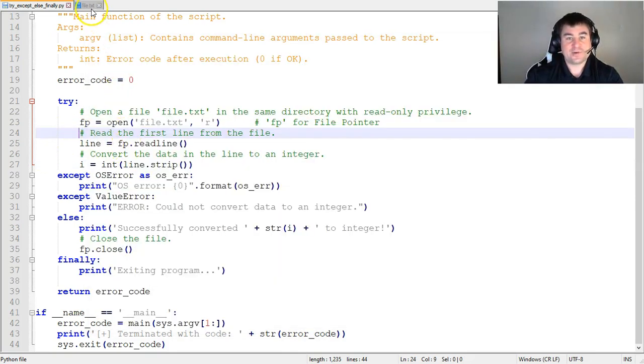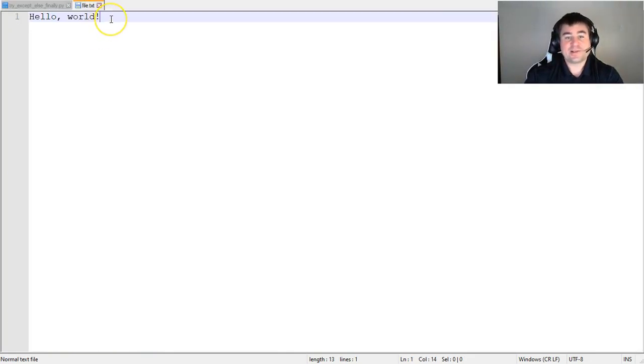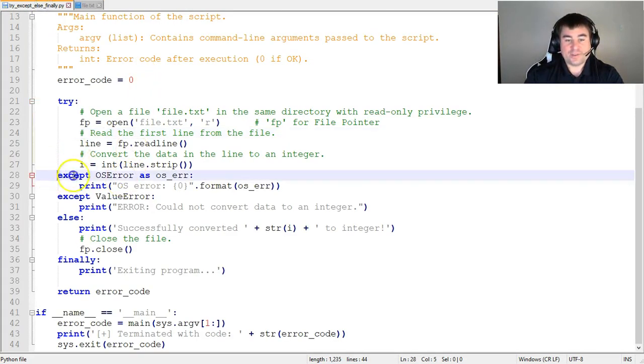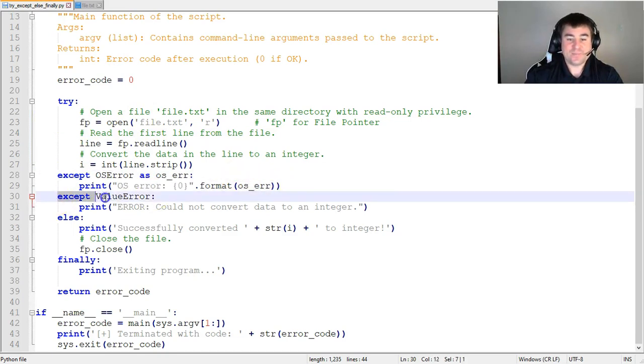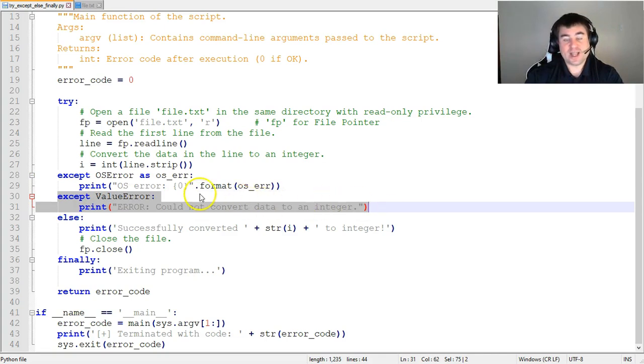Okay, let's correct that. So we know the program is expecting an integer, but this is not an integer. Let's put here 1, 2, 3, 4, 5. Now that is an integer, right? It could be interpreted as an integer when we cast it to data type int. So we know this exception will not be raised and caught because the file is now named properly. We know this exception should not be raised and caught because now it will be reading and casting what is actually in the form of an integer.